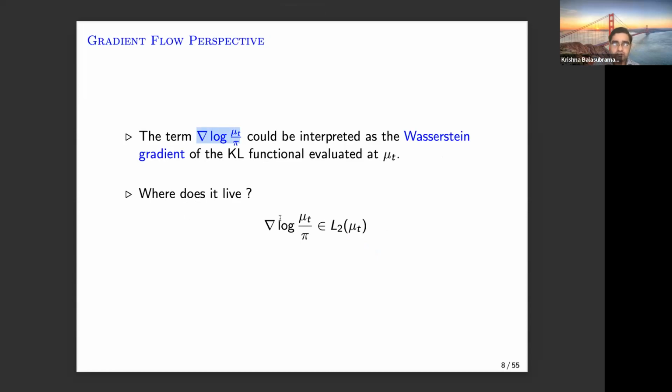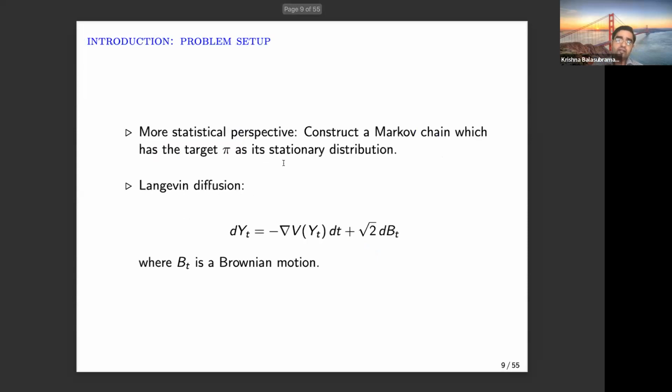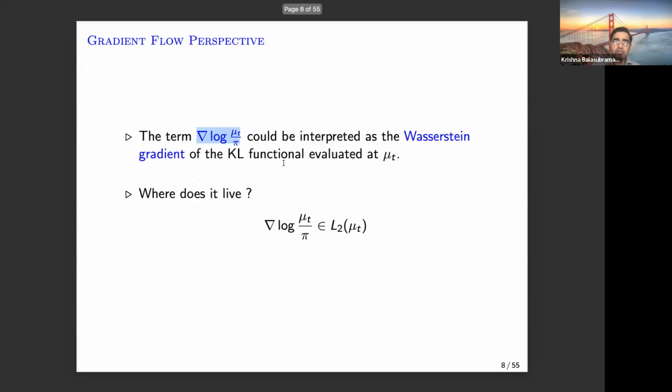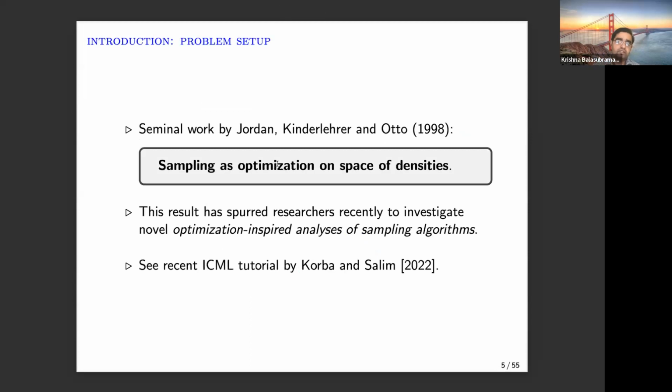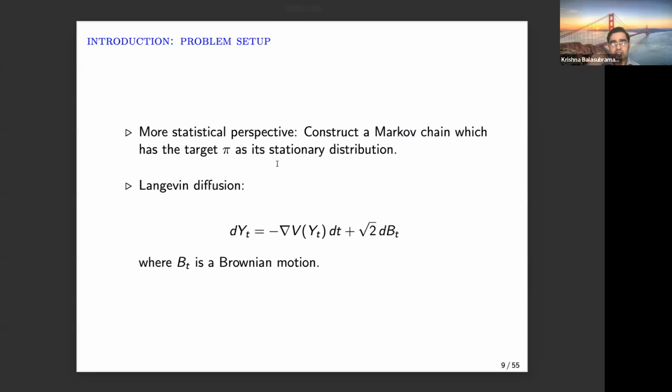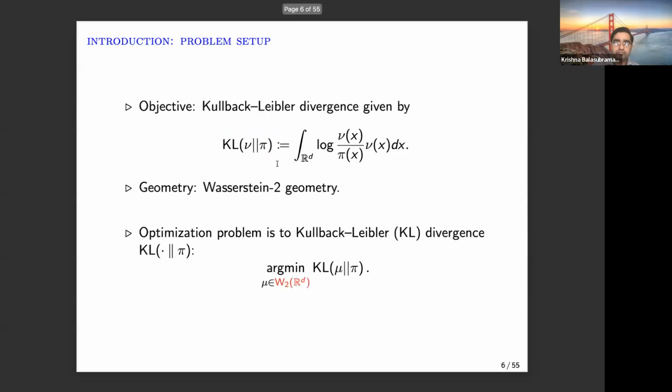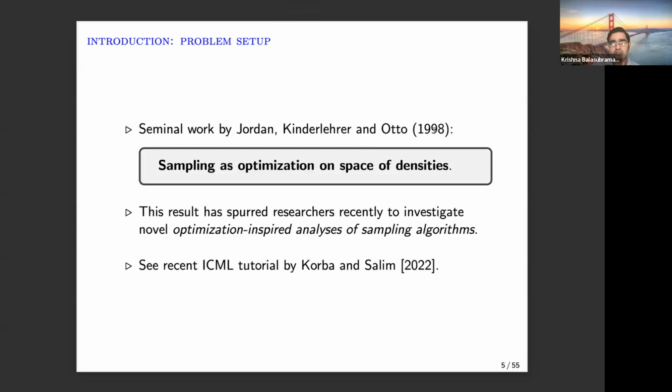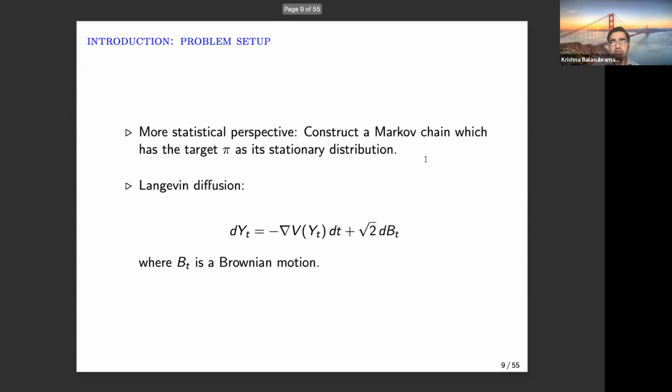So let's come back to this later, but I want to connect this more to a very classical statistical perspective. Suppose that we do not know this viewpoint of sampling as essentially optimization on the space of densities, right? What has been classically thought of, much before 1998, around the 1950s, is that people were looking at Markov chains and Markov chain Monte Carlo algorithms, right? That has been the driving force in some sense of classical sampling algorithms. And the idea there is totally different,